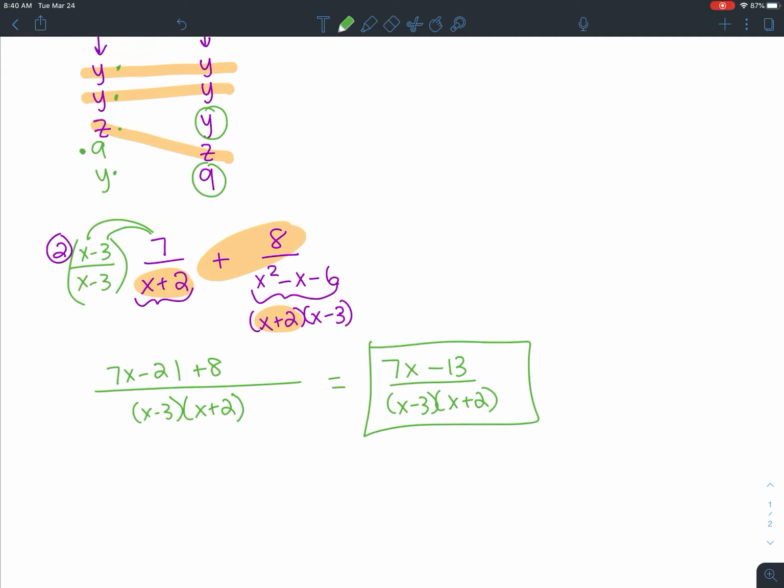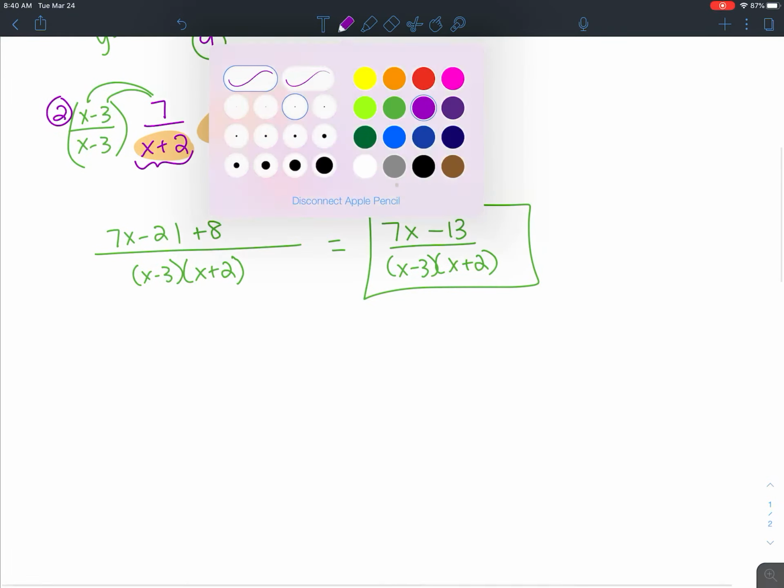If that numerator happened to become like either x minus 3 or x plus 2, then I could cancel from here, but for right now, we don't have that. Okay, our next problem,